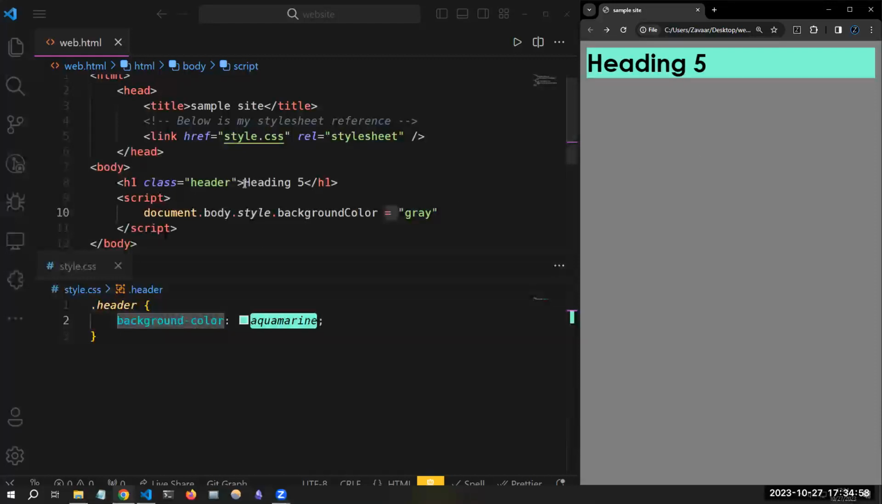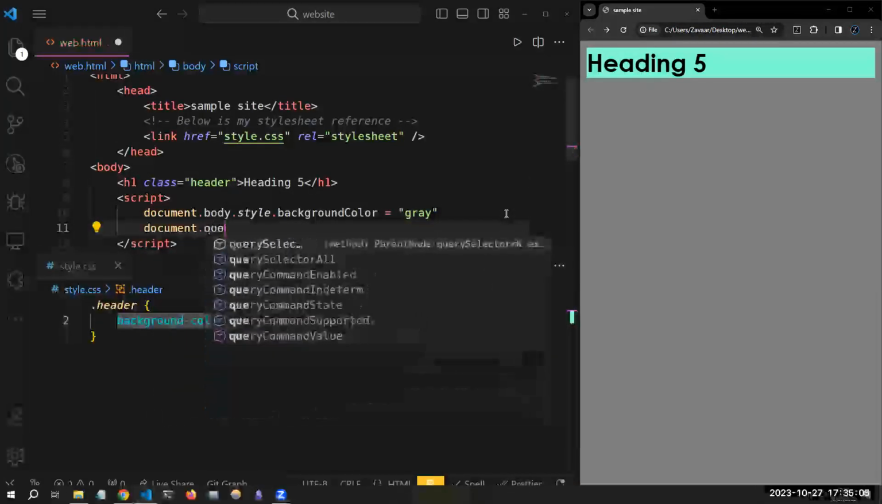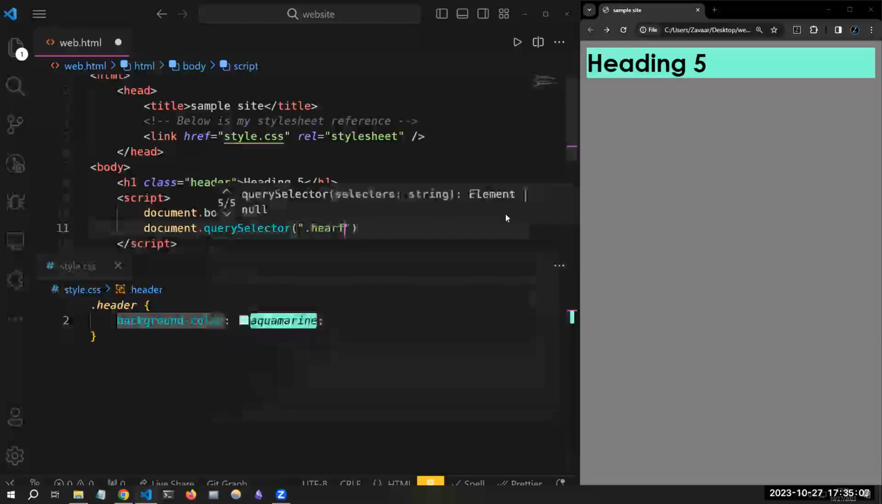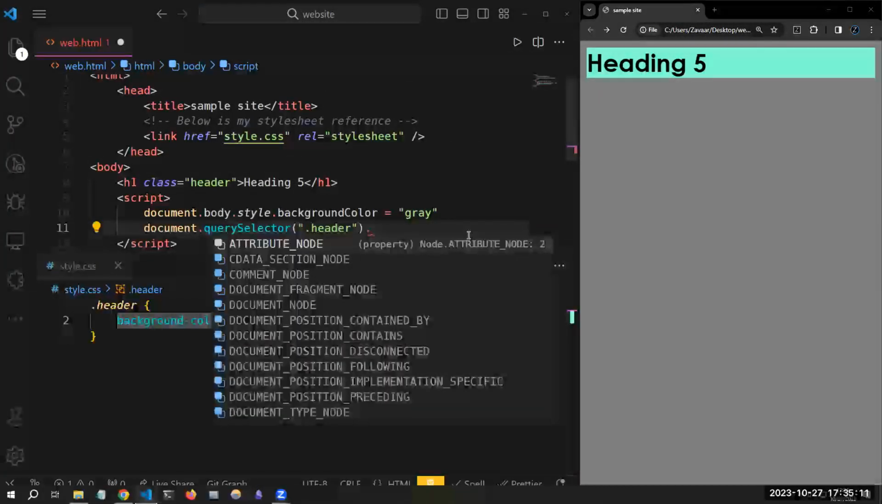Let's say I want to change the style of this header. So I just showed you how to access it. So let's go back and access that value. So query selector dot header. We want to get that one header right here. And let's do dot